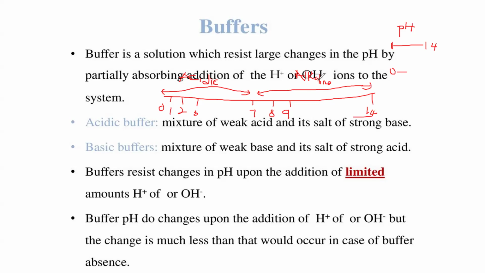Because we can decide to give you different substances in the lab and ask you to check whether a particular substance is an acid or a base. So how do you do it? You use a pH meter. The pH meter will tell you the pH of that particular substance. If it is between 0 and 7, it tells you the substance is acidic. And the lower the pH, the higher the acidity. For example, if you have 5 different substances, one with a pH of 1, another one with a